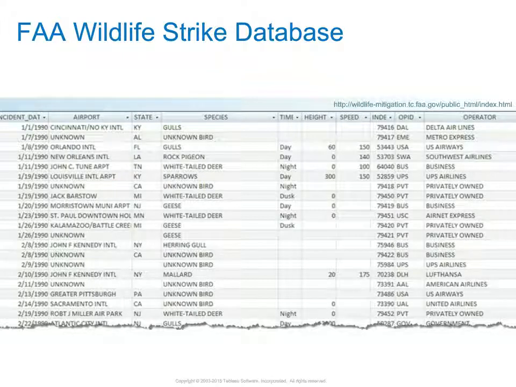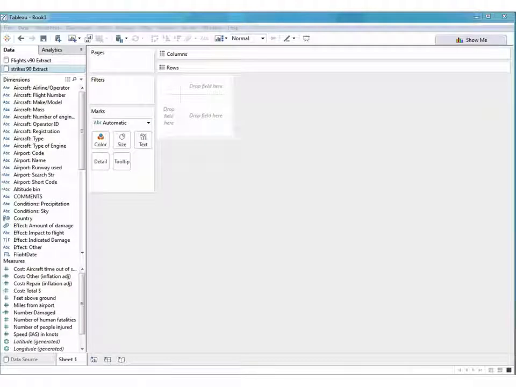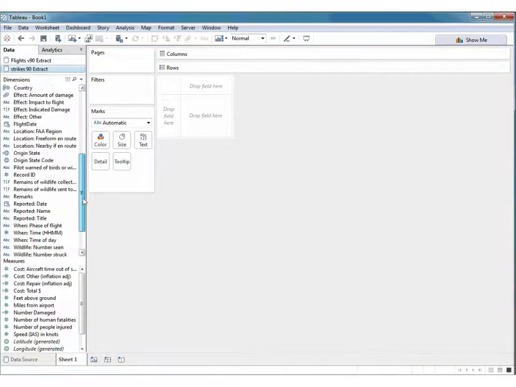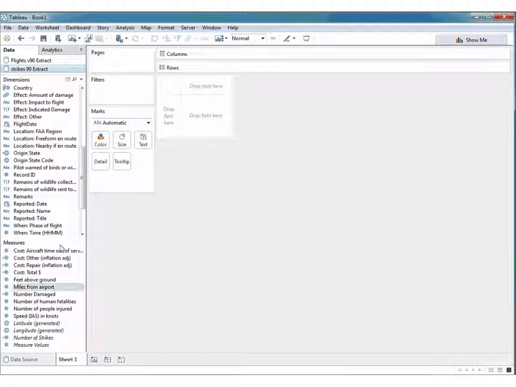So let me fire up Tableau for you so that you can get a feeling for how to work with the data. This is the same data that I was showing you a moment ago. On the left here are the various columns. At the top is information about the aircraft, about the airport. Here's amount of damage. Down here, there's flight date, state. There's even information at the bottom about the species of the wildlife struck. And then there are quantitative columns like cost, feet above ground, and then down at the bottom here, you can see number of strikes.